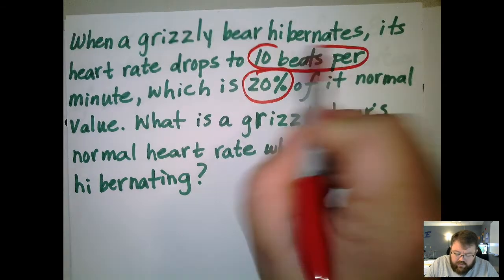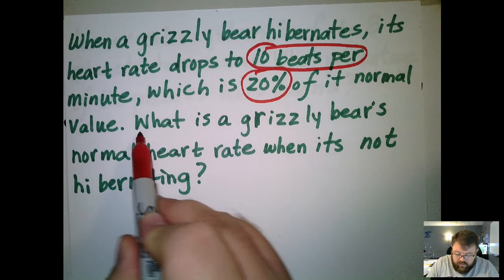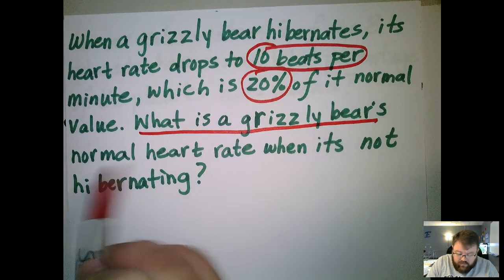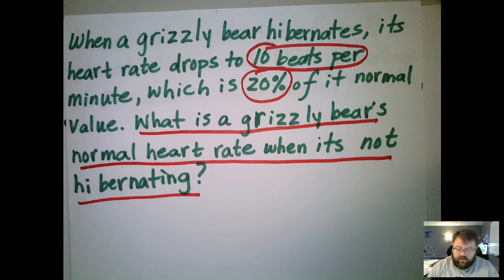10 beats per minute. Okay? Now, let's underline our question. What is a grizzly bear's normal heart rate when it is not hibernating? All right? Now, I had you write down